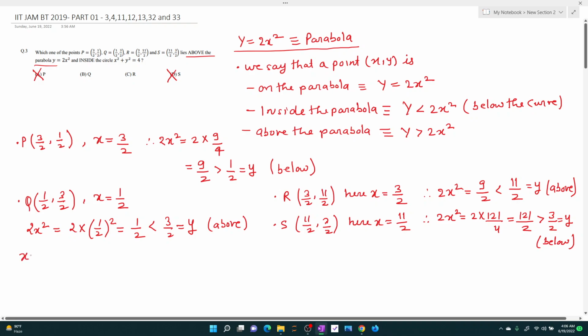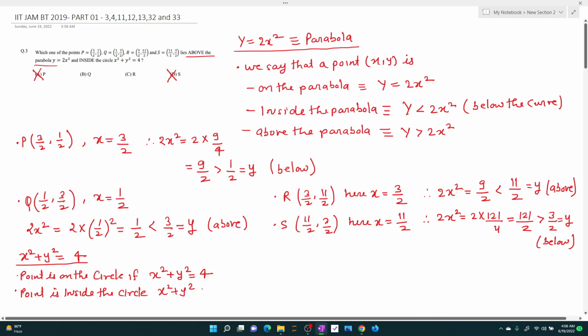For inside the circle, we have the circle given as x square plus y square equals 4, right? So we say that a point is on the circle if it satisfies the given equation, right? So if x square plus y square equals 4 is true. We say that the point is inside the circle if the value of x square plus y square is less than 4, and the point is said to be outside the circle